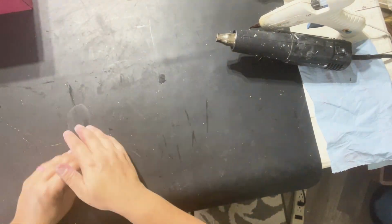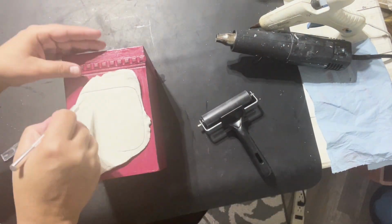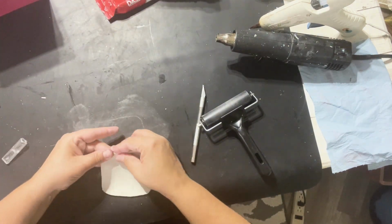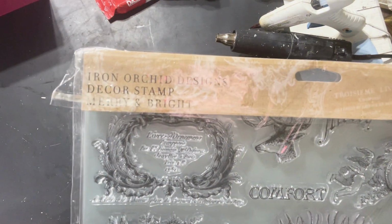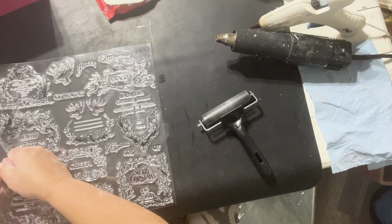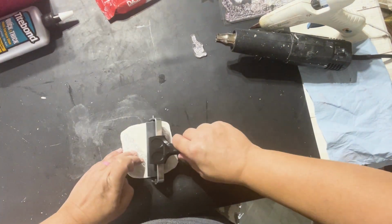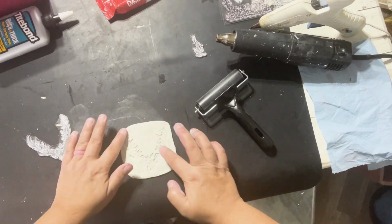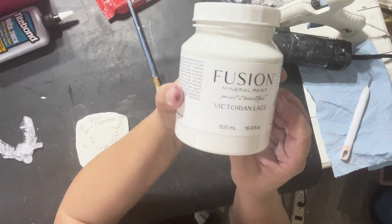So we're going to try something a little different with the stamps. I'm going to use some DAS clay here that I got from Hobby Lobby, air dry clay. I'm going to make a little square, and we're going to stamp into the square and make an impression. So it was going to be kind of a woodsy theme for me this year, so I'm going to go ahead and go in with these deer antlers and make an impression. And if you push it too hard, you'll get that ring around, but you can use your fingertips to kind of remove those. And then I'm going to go ahead and go in with my Fusion Mineral Paint,